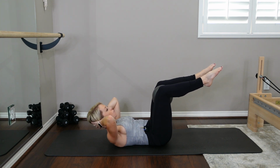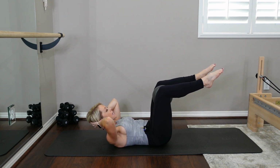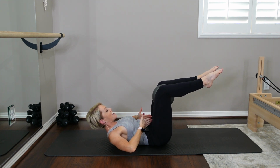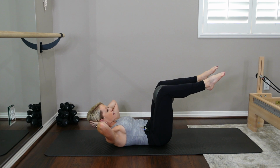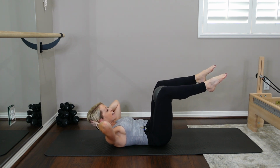Squeeze the ball. Pulse in on the ball. Remember, we're not bouncing with the ball. Okay, if you've done any of the other ball videos, you know we're not bouncing. It's a controlled pulse. I want you to think about the narrowing of your low belly into the inner thighs to squeeze on that ball. All right, we're here for 8, 7, 6. Good. 5, 4. Good. Last 3,